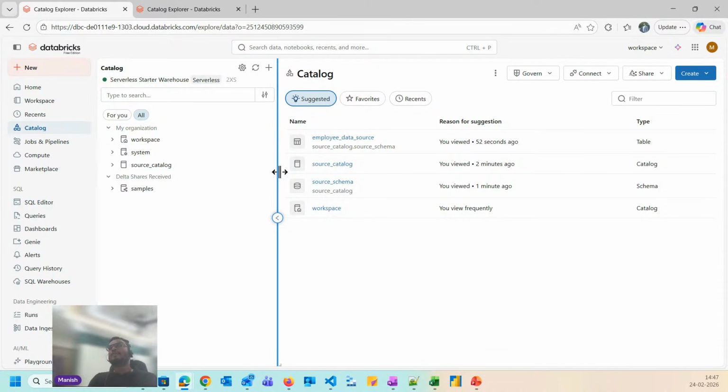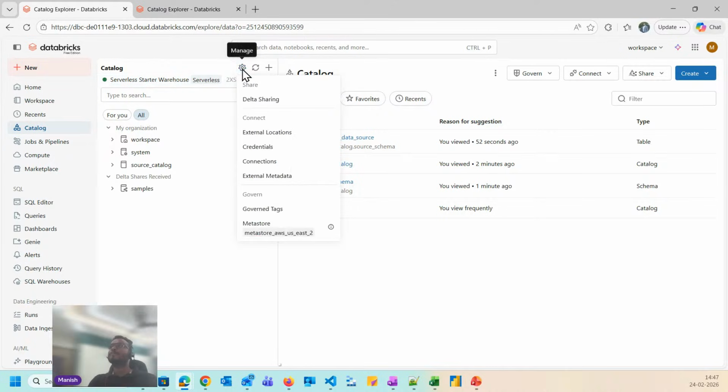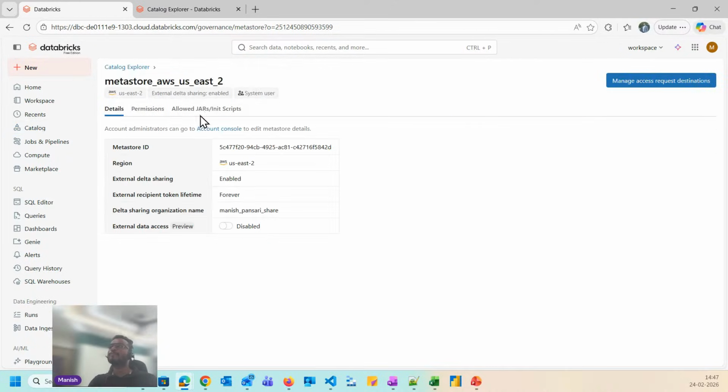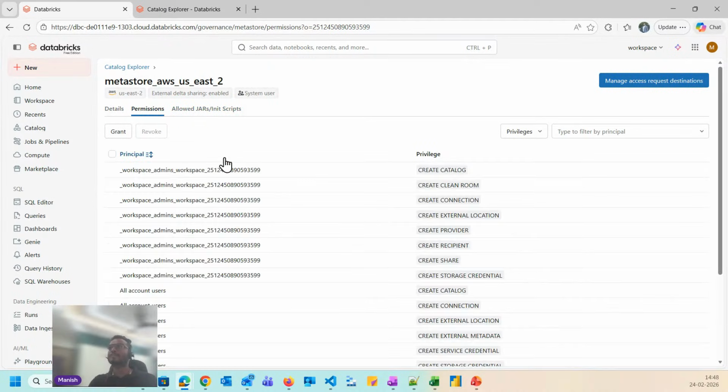To create a share, we have to provide the permissions. Like, if you want to share the data, you should have the permission to share it. So we have to provide the permissions to my user. I'm going to give the permission. Okay, this is the grant option.